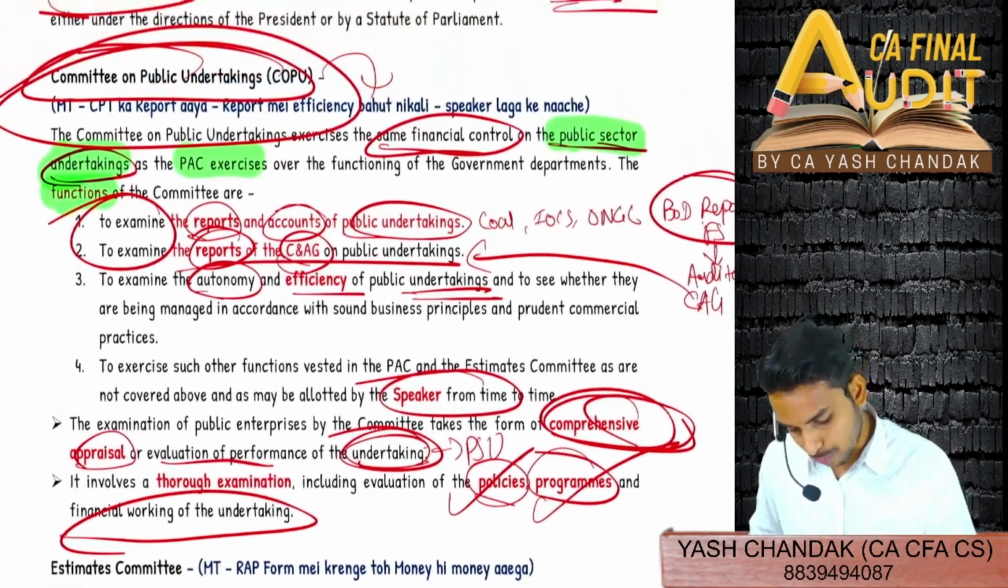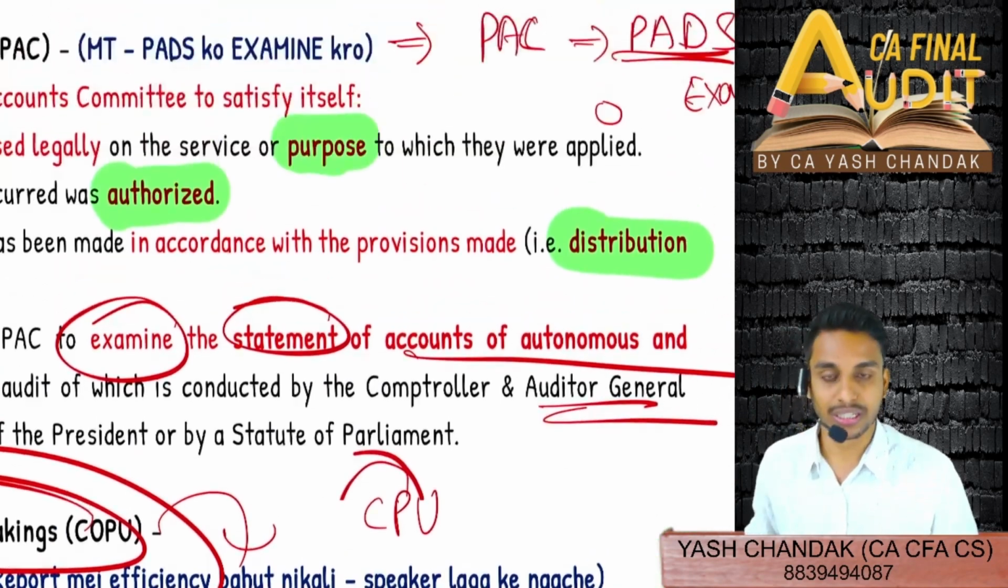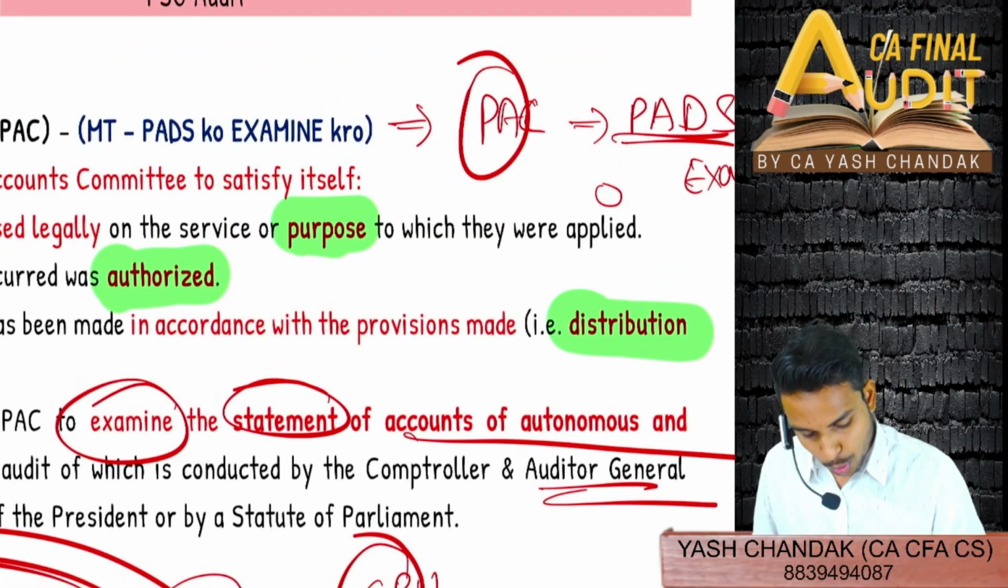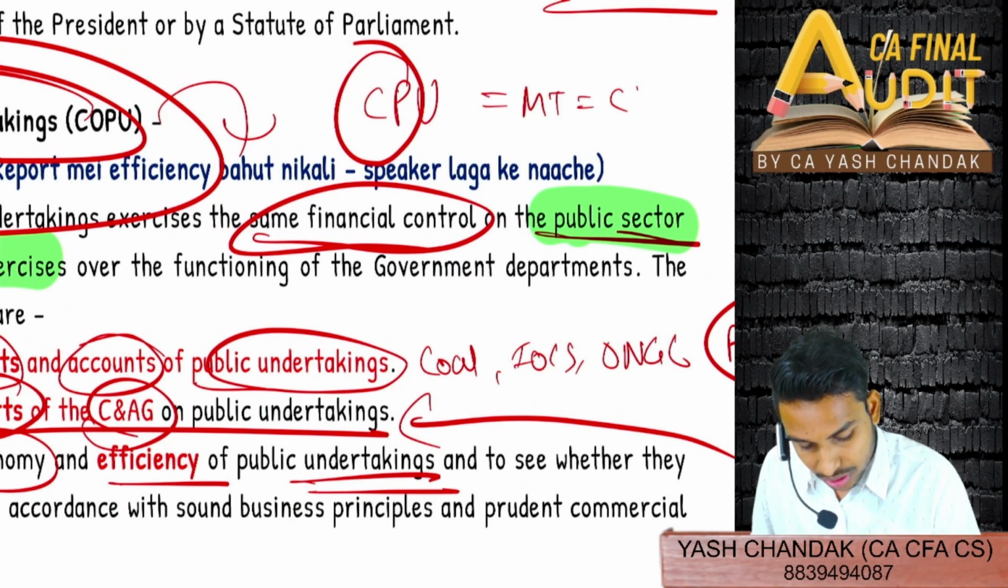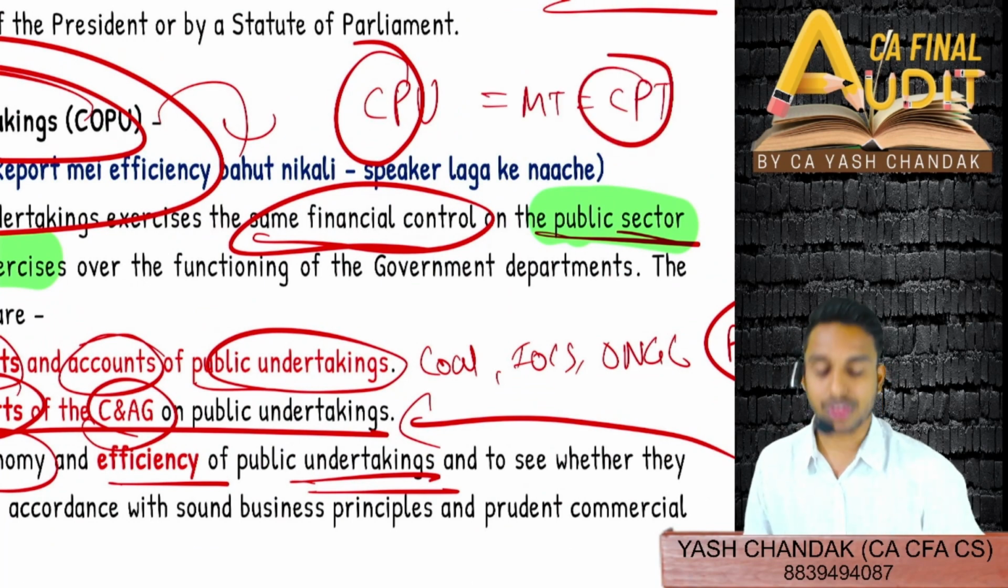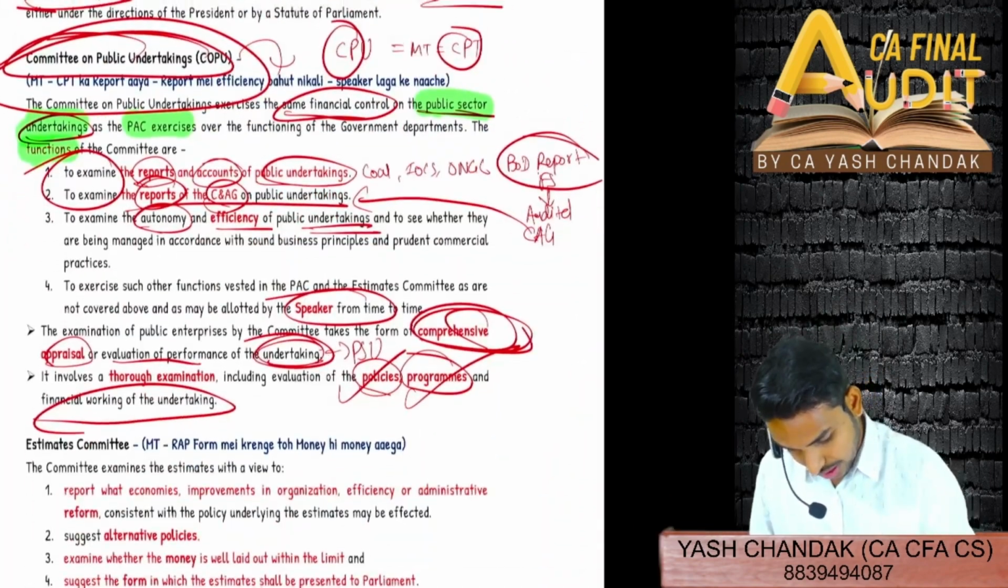So how will we learn this also? CPU starts with what? CPU starts with CP, just like PAD starts with PA. So our memory trick will also start with what? CPT. Our memory technique will also start with CPT. So what is our memory trick? Our memory trick is, you can see here,